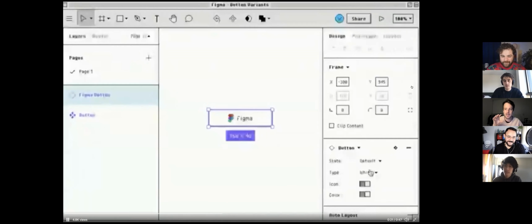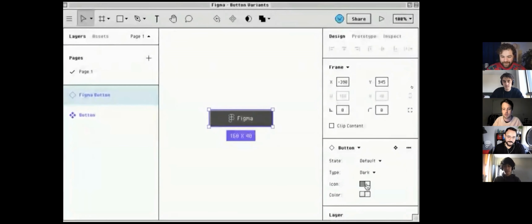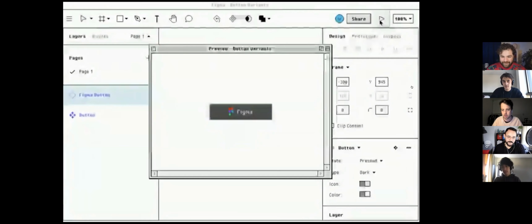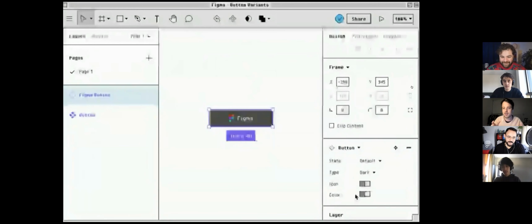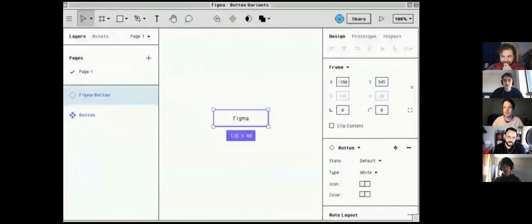It's interesting because it combines a bunch of existing features that we have. It combines auto layout, it combines variants, and now uses interactive components too. I'm not entirely sure how this is set up under the hood. But the interesting thing for me in this example, and the thing that I'm also super excited to see over the last week, since this is in beta, is that now with